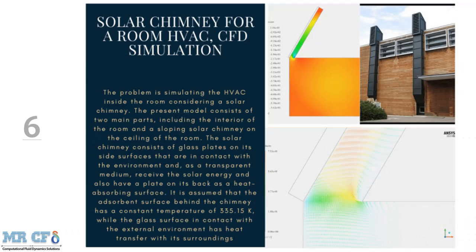Project number 6 is simulating the HVAC inside the room considering a solar chimney by ANSYS Fluent software. The present model consists of 2 main parts, including the interior of the room and a sloping solar chimney on the ceiling of the room. The solar chimney consists of a glass plate on its side surface that is in contact with the environment and as a transparent medium receives the solar energy, and also has a plate on its back as a heat absorbing